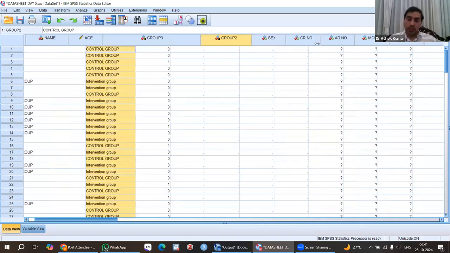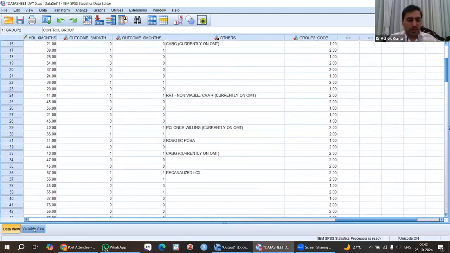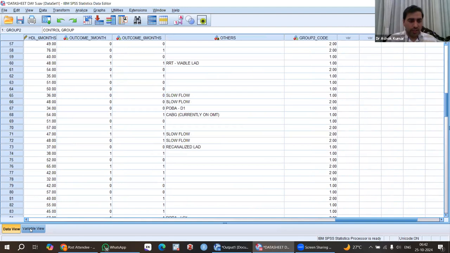1 and 2. So I want to decode it. 1 is control group and 2 is an intervention group. So I want to decode it. One is control group and two is intervention group, like that. So what I have to do? I have to click variable view. Then where is my group code here? Then in value, I have to click this none, and this is